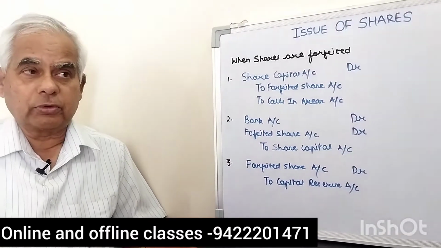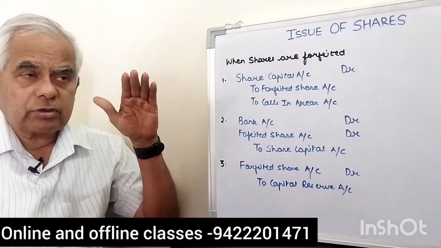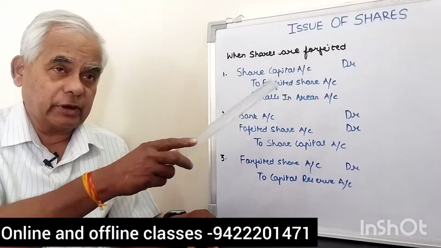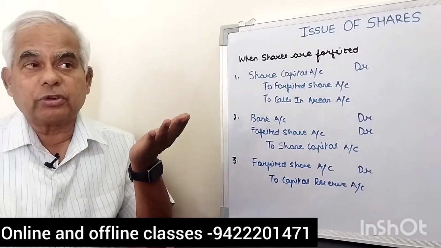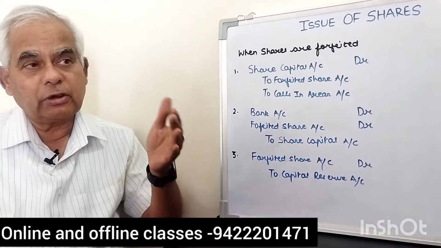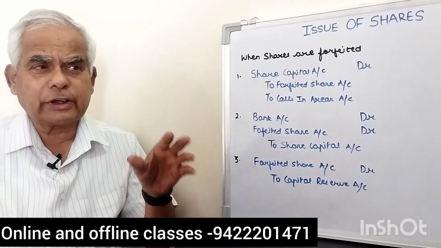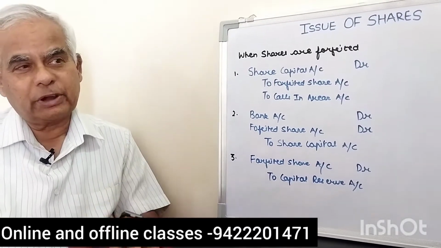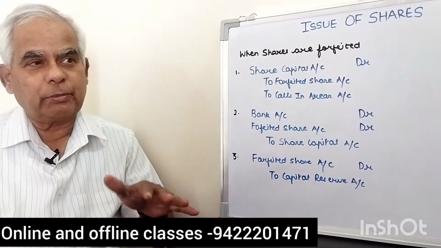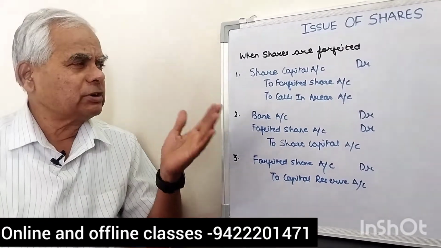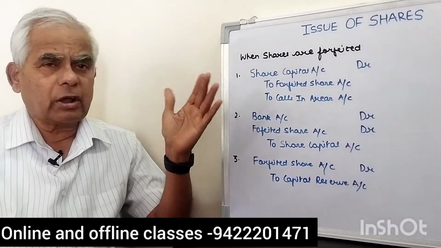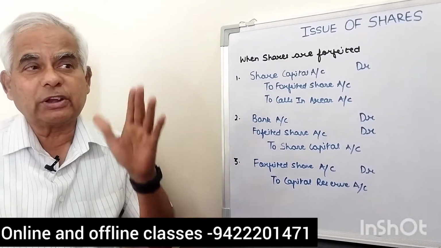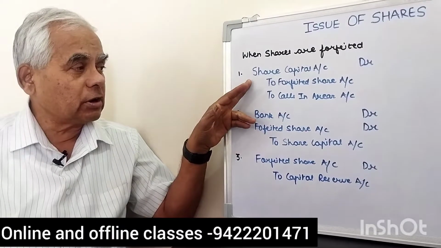And last, the balancing amount. See that when shares are forfeited, share capital is going to be reduced, so share capital account is debited. When capital increases, we credit the capital; share capital we always credit. Not only for a company, any proprietorship or partnership, there also we do the same thing: cash account debit to capital account, or cash account debit to X capital account, Y capital account. Now in a company organization, bank account debit to share capital, we credit the share capital account when capital is increased. Now capital is reduced, that's why share capital account is debited.